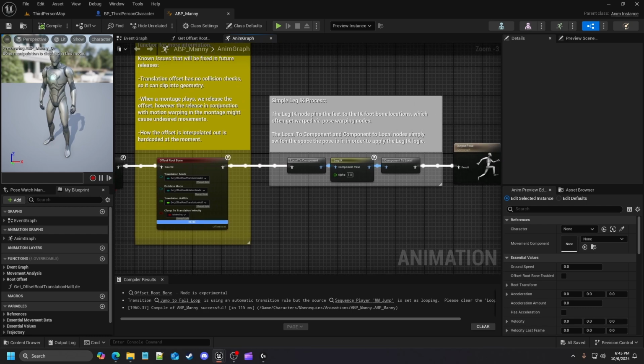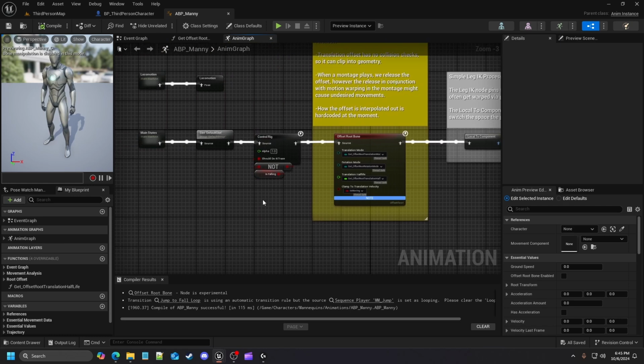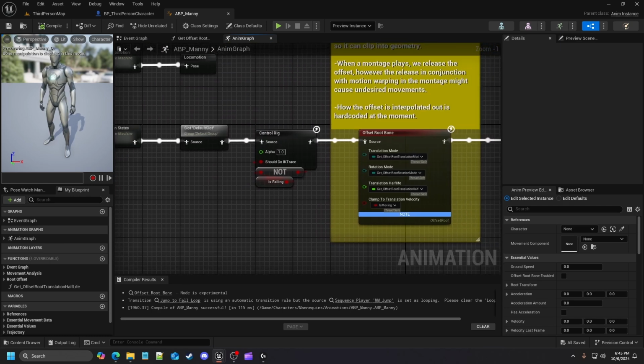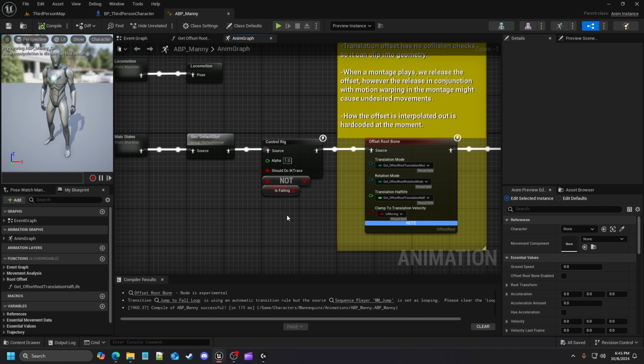But other than that, let's go over the control rig and how it compares to the LegIK. So with a control rig, it's more of a generalized solution. The purpose of it is that the control rig node is a more general and flexible tool that allows you to create custom rigs and manipulate bones in any part of the skeleton, not just the legs. You can design IK setups for legs, arms, and other body parts, and it's designed for complex character rigging, animation,